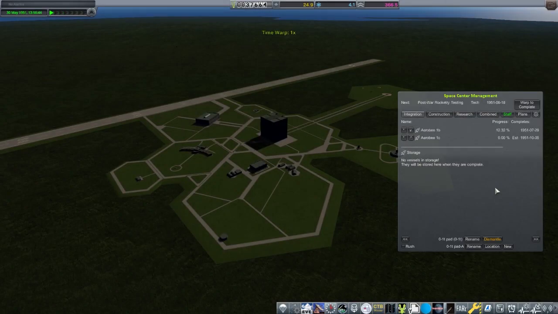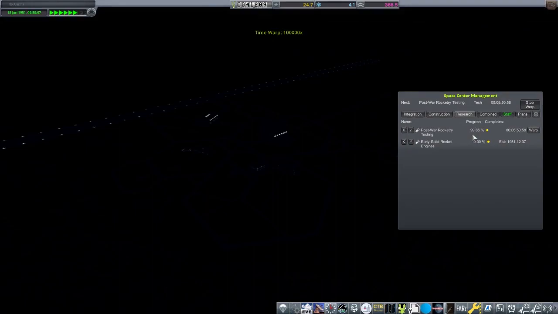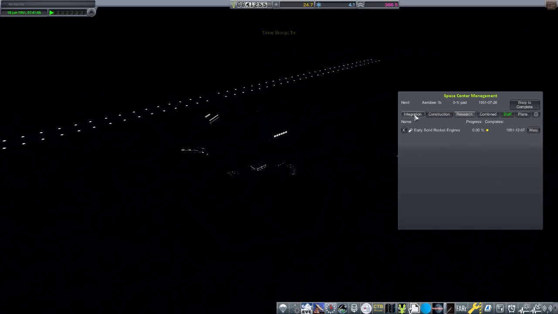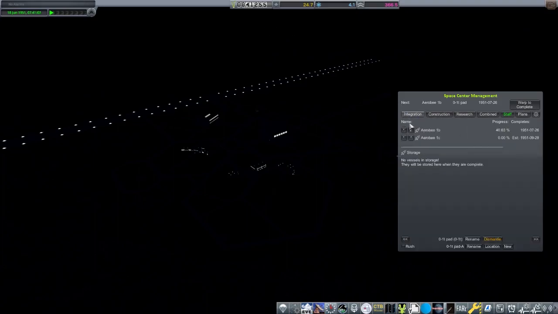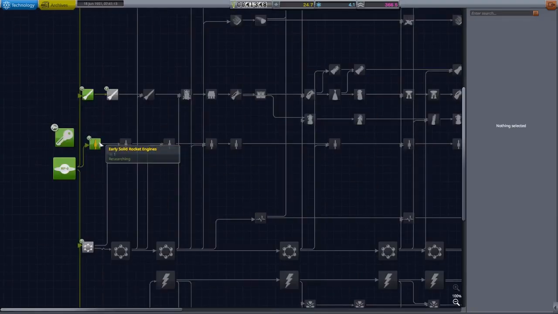Alright, so now we are just going to warp past the conditioning of the launch pad, and we see that our science is going to be the next thing to be unlocked. So we are going to go ahead and unlock that. And that is post-war rocketry testing, and that is going to unlock a better engine for us. For the Aerobee, we're going to be able to upgrade that. So we are going to get rid of this secondary rocket,